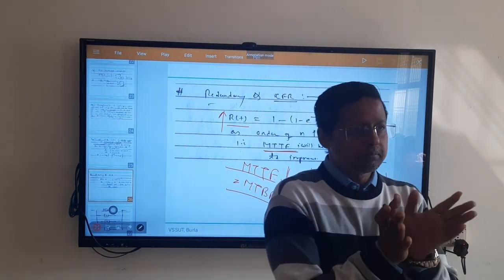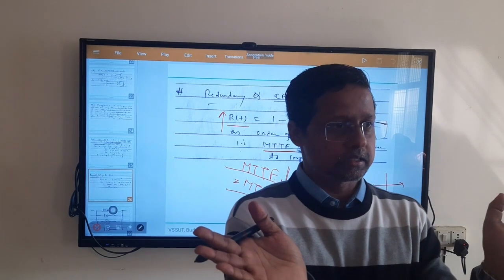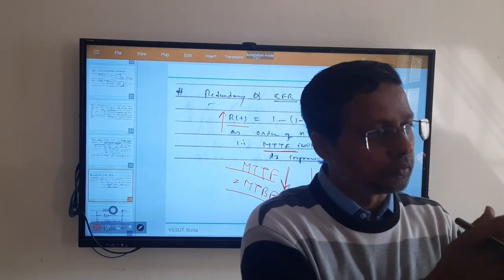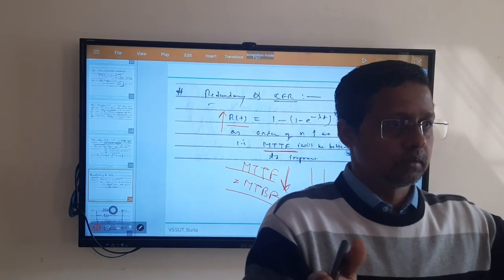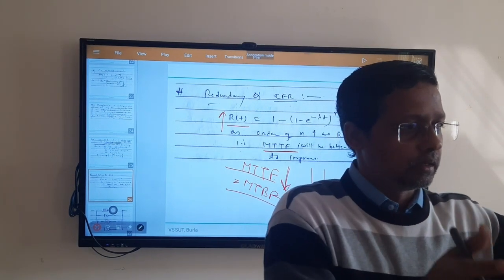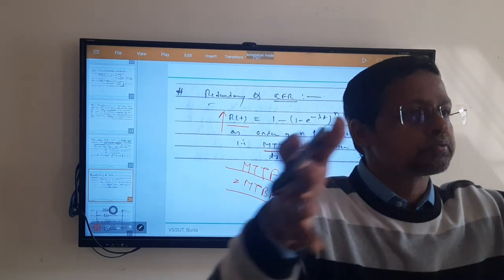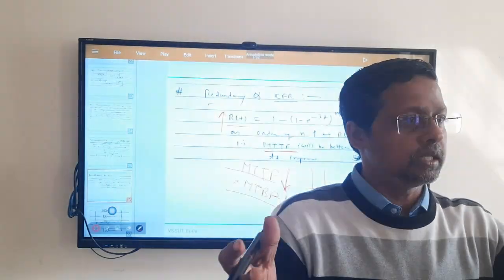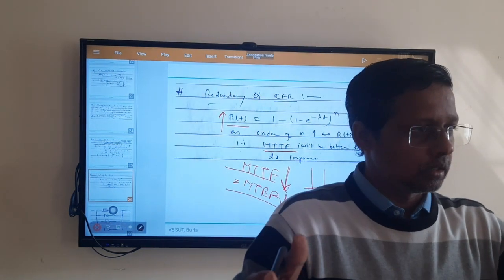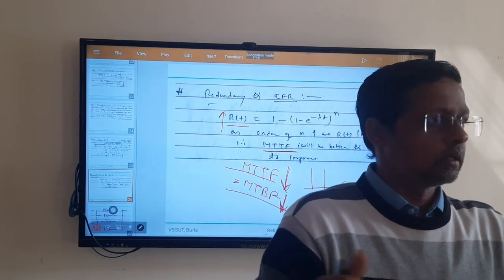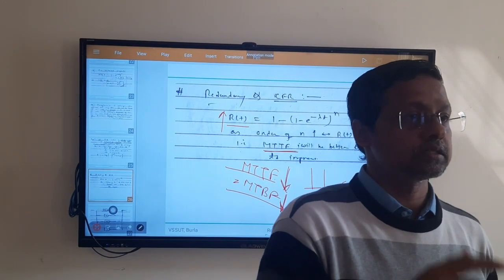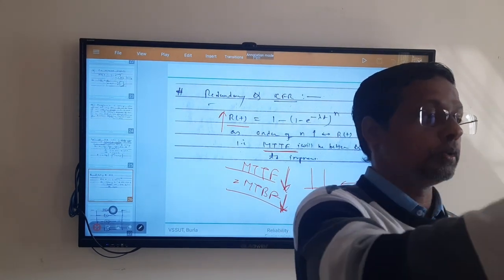If the horizon between two maintenance periods is increased, it requires a lesser number of maintenances within that useful life period. Forget about the warranty period. Warranty period is a part of the useful life period. Useful life period is broader. Warranty life period is relatively shorter. Within both, if the number of maintenances required is less, it indicates the higher availability of that component or of the system.